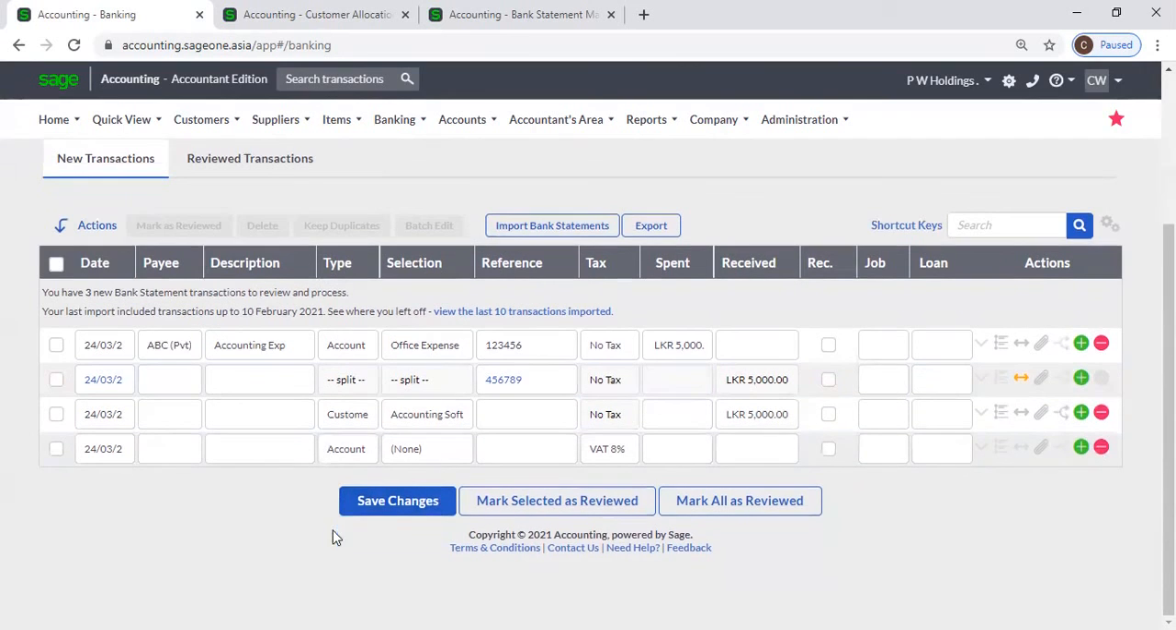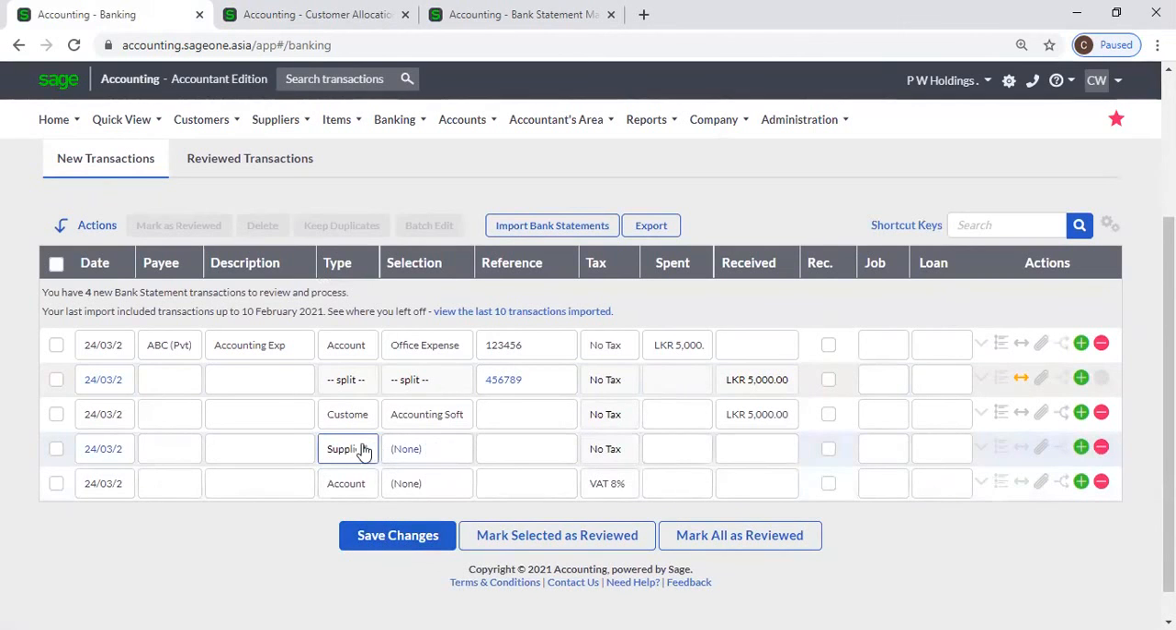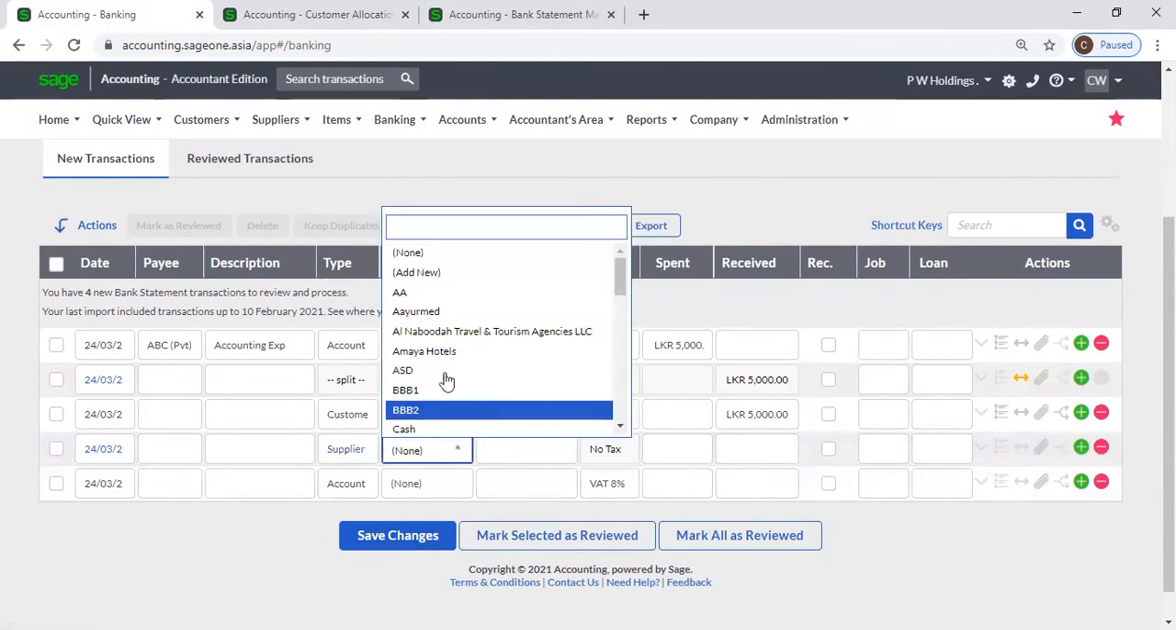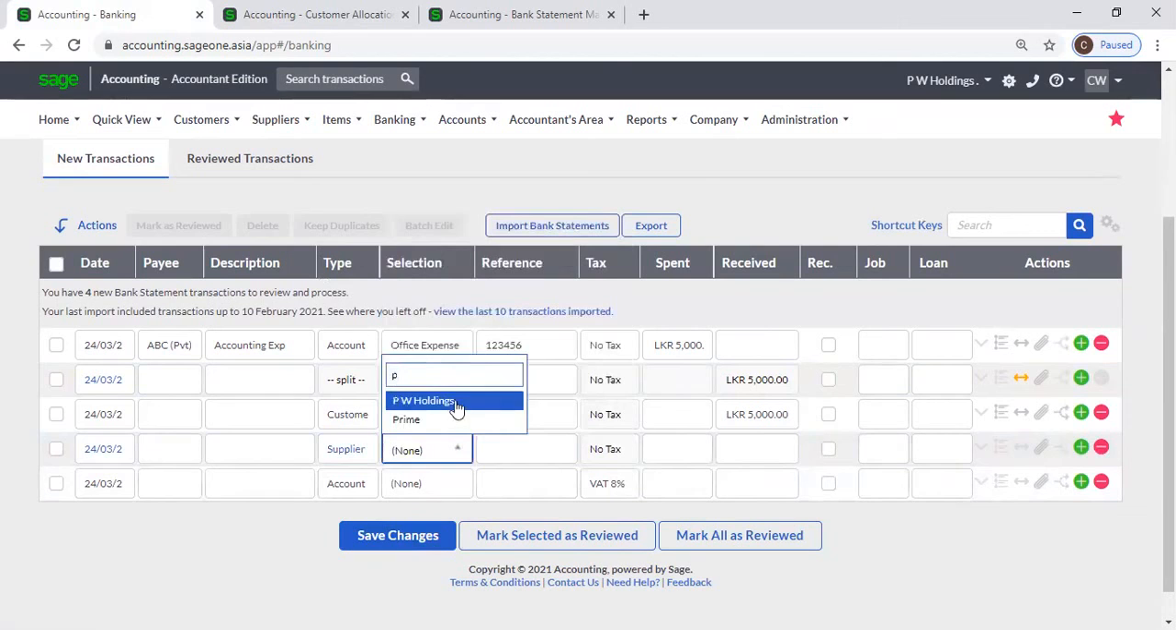Okay, next we will enter supplier transaction. Same as customer, you can select supplier name from here, and you can enter reference number, and if you are paying, you can enter that payment amount, and